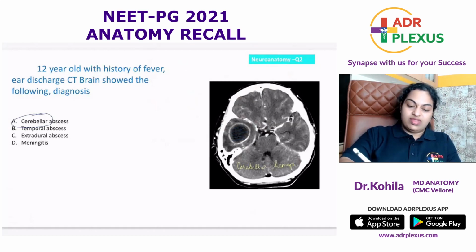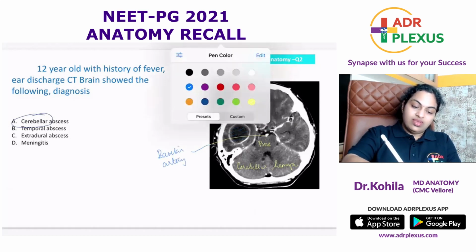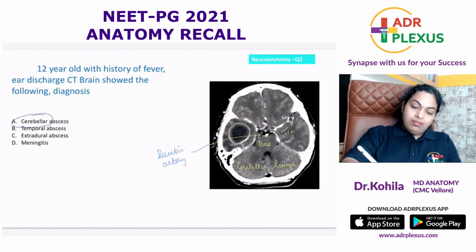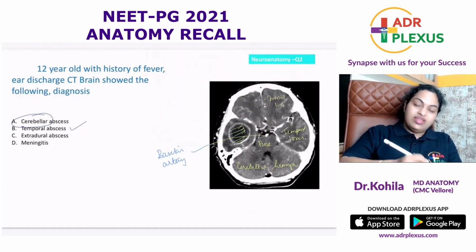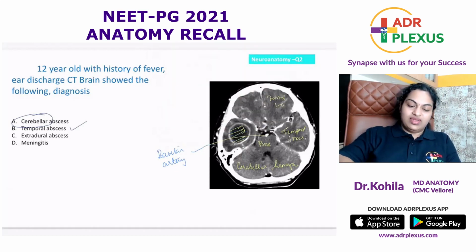Cerebellar hemispheres. This is pons. This one here, that's your basilar artery, in front of the pons, yes. In the midline, that's the basilar artery. These are the temporal lobes of the brain, right? Here will be your frontal lobe. So it's very clear that the lesion is present in the, yes, what's the answer? Tell me. The temporal region of the brain, correct?